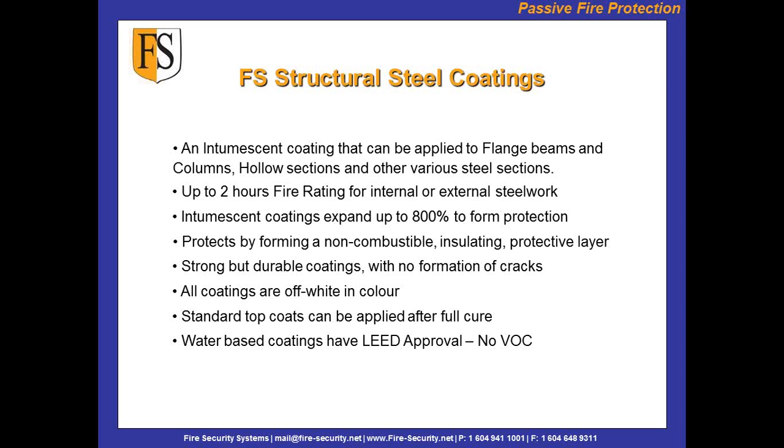There's no reinforcement required. A lot of the coatings on the market need a reinforcement on the flange edge of their beams, or sometimes the wraparound circular hollow sections. You would spray. How do you reinforce those? Well, usually after application of primer, you would put one coat of your fireproof coating on the section, and then it's called mesh reinforcement, but usually it's fiberglass mesh, very flexible, and then you would just roll that into that coat